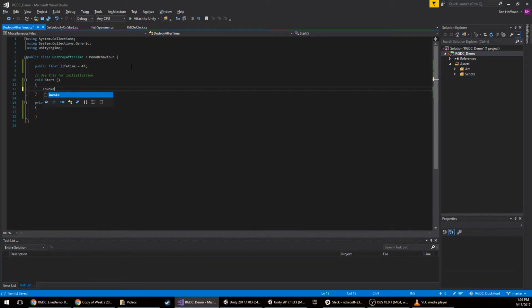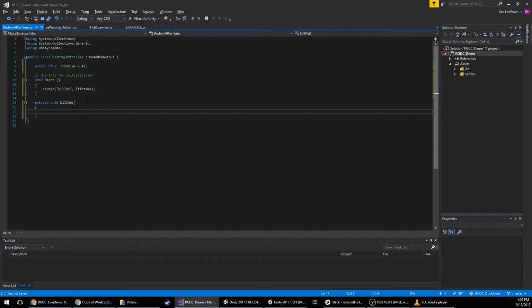and we'll just say right here in the start method we can say invoke, and Visual Studio is doing that thing again, but if we just say invoke and then the name of the method as a string, so kill me, and then comma our lifetime, what that's going to do is right on start it'll tell the game, hey, in this amount of time, after our lifetime, call this method called kill me, and then that would just be destroy this